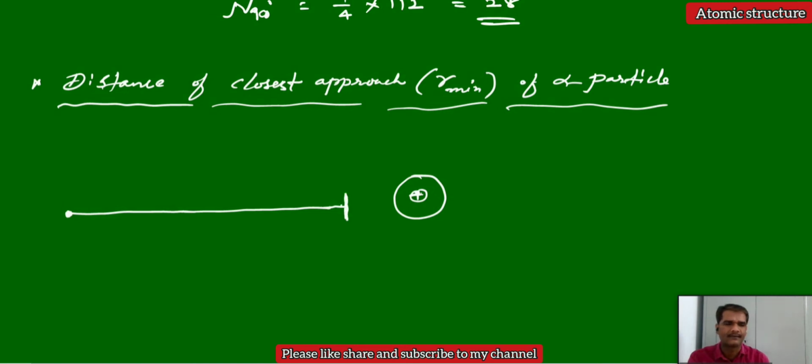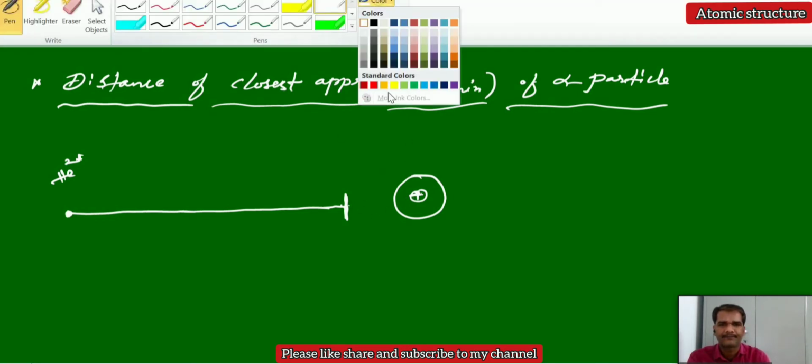At some point. Why will it stop? Because the alpha particle is a dipositive helium, and the nucleus also has a positive charge. There is a repulsion between the positive charges, so it cannot move exactly to the center of the nucleus. Somewhere it will stop. Then at what distance can it approach? That is the distance between here and here, this point.